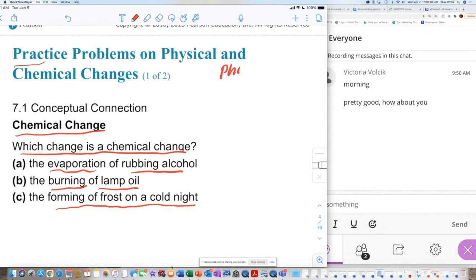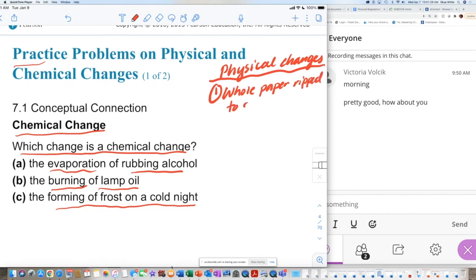So I'll start with physical. These are considered physical changes because even though the appearance changes, they're still physical. Okay. Number one, let's see. So I'll say here, whole paper ripped to shreds. Okay. This example I'm giving here is a physical change because when you have a whole piece of paper